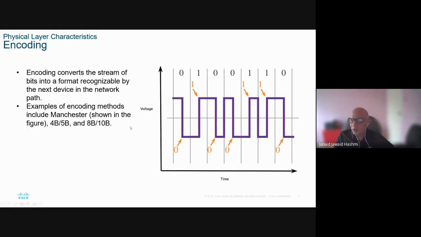Okay, what is encoding? Well, encoding converts bits into a format that is recognizable by the next device. So if the next device is using Ethernet, it converts into Ethernet encoding. One of the most popular methods of encoding is called Manchester. We are not concerned about that. We are not electronic engineers. You only have to know the detail of encoding